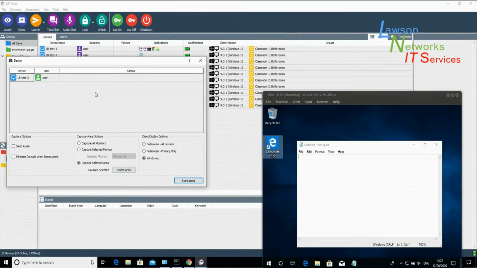The next option is Demo. This allows the console screen to be sent to the selected clients, optionally with audio. The user can choose whether to send all of their screens, a specific screen, or even just part of a screen. This could be used with PowerPoint slides, for example, sending the slides to the clients but not showing the